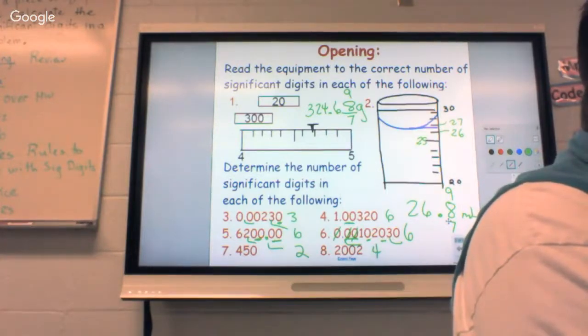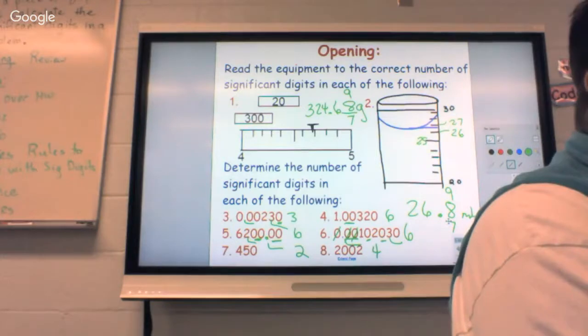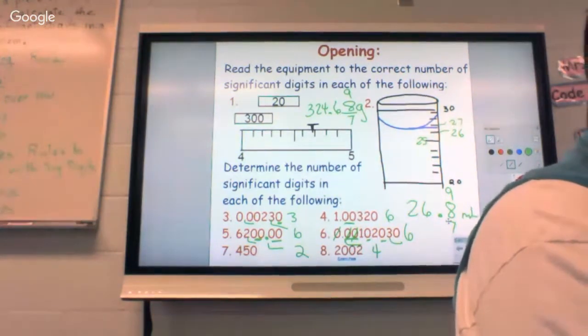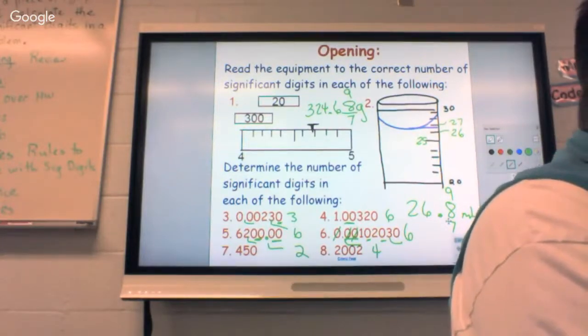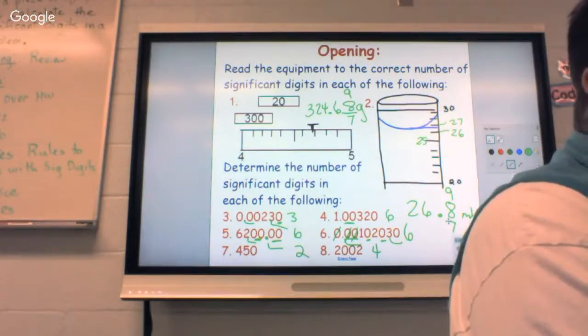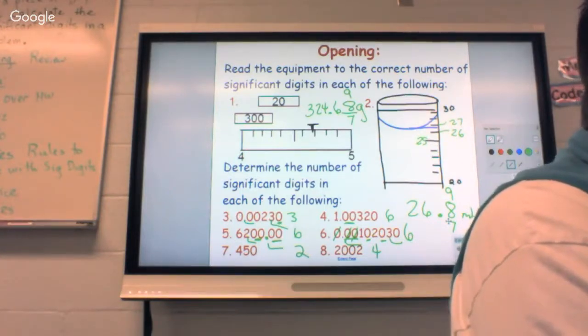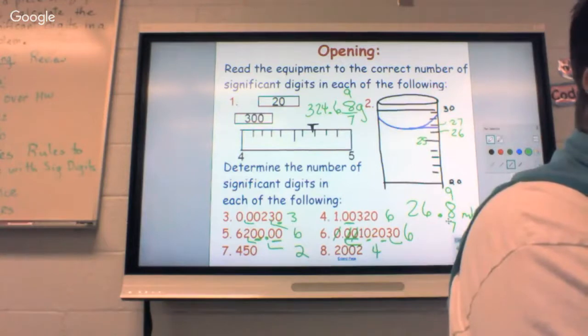Number 7, 3. Questions about anything in that column? All right, number 8, 4. Number 9, 4. Number 10, 6. Number 11, number 12, number 13, and number 14. Good. All right, number 15. Good. 16,